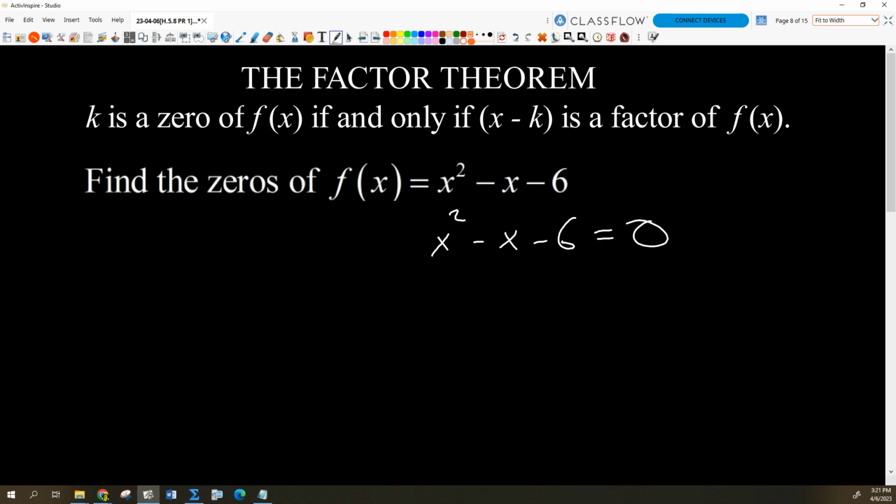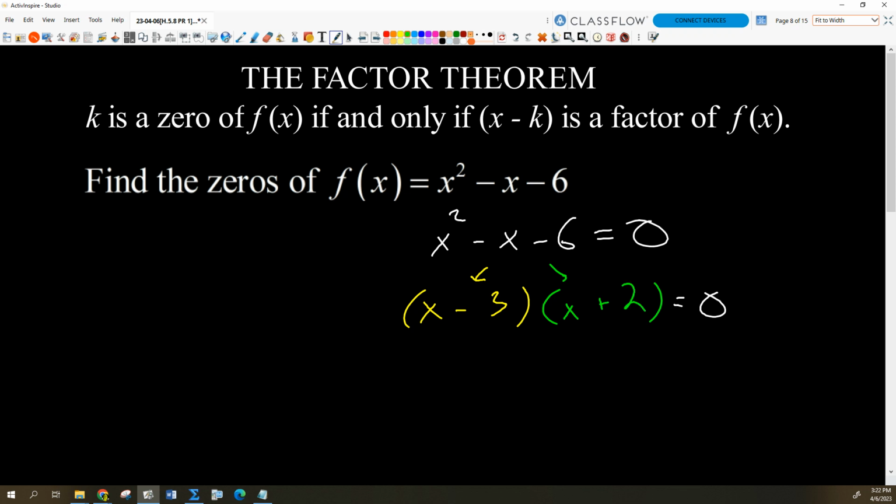How would I solve that? I'm going to factor it, aren't I? Magic numbers, yeah, right. So what's my first factor? Or I mean, what are my magic numbers going to be? I'm going to get negative 3 and